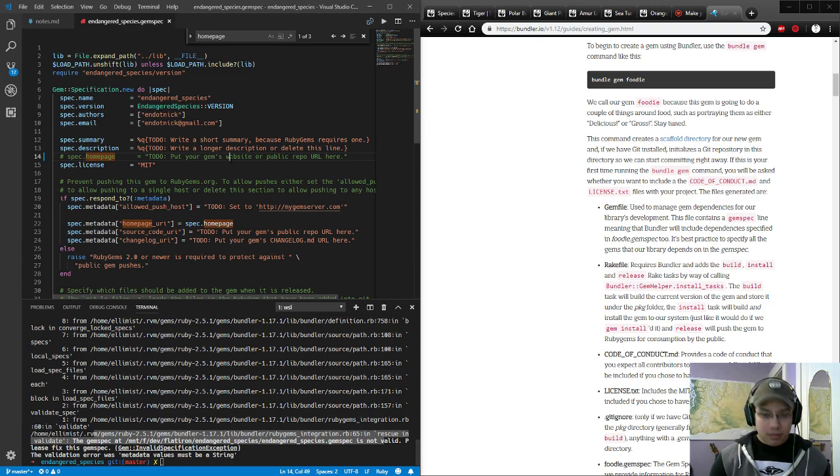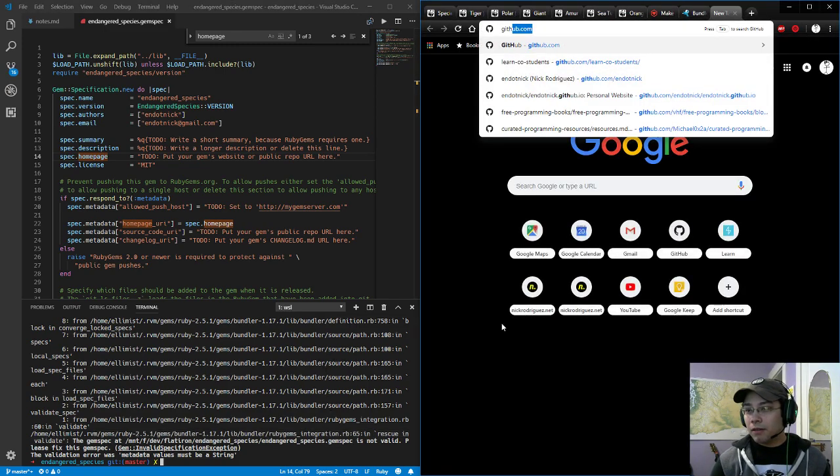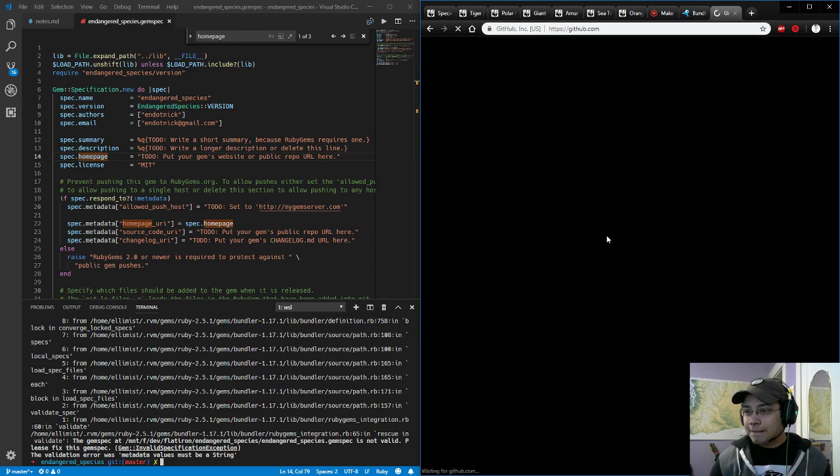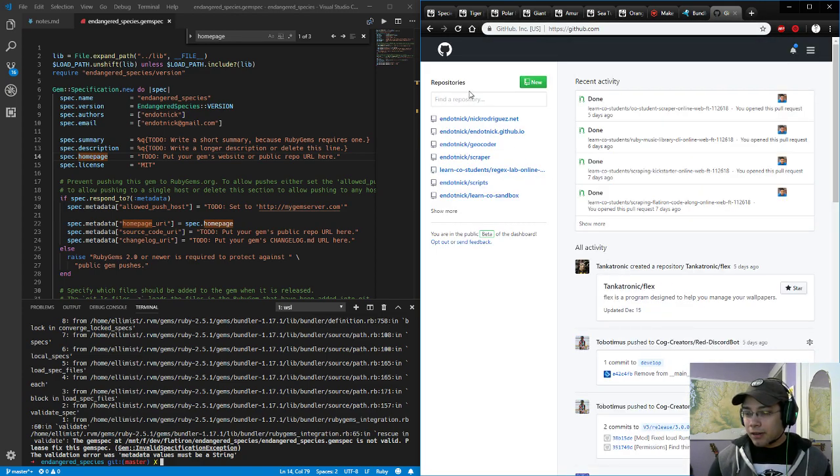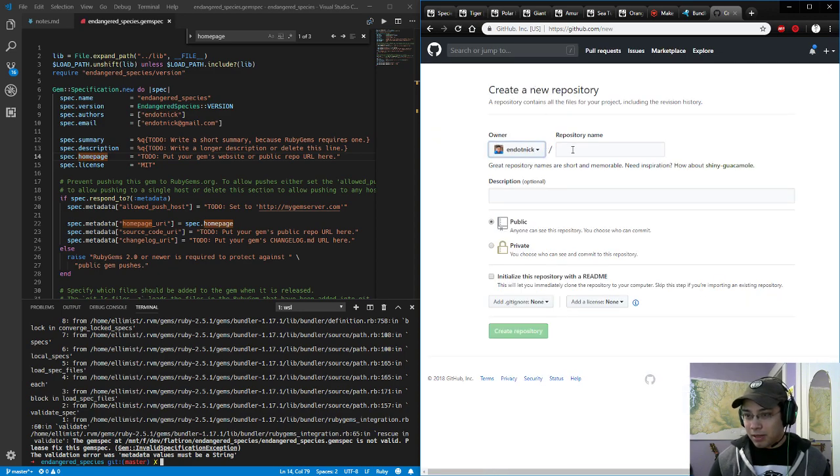All right, let's just push this and then we'll put the repo in and then we'll see if that solves anything. So let's go to GitHub. I know there's a way to like just push the repo straight from my command line and create a new one, but I am not familiar with it, so we're going to make endangered